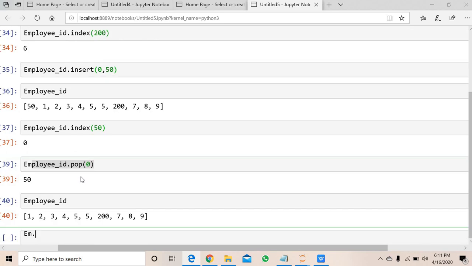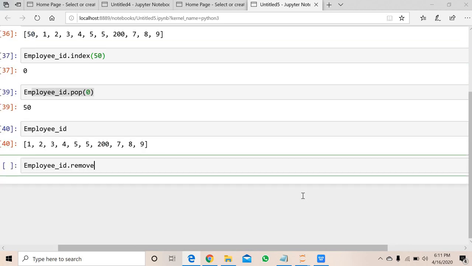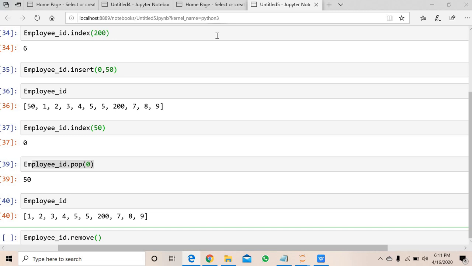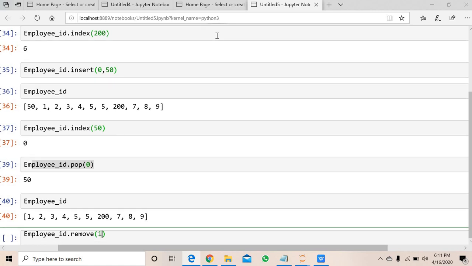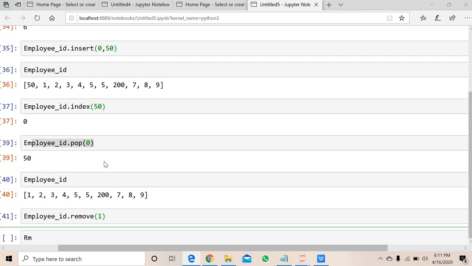Next one is remove. Remove and pop are the same. If you want to pop or remove an element, both are the same, so we can do that also. If you want to remove 1, we'll check the list.